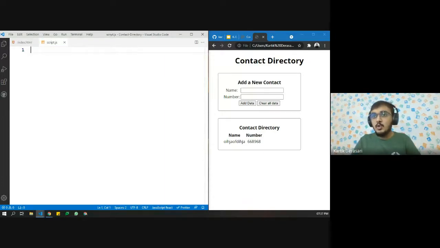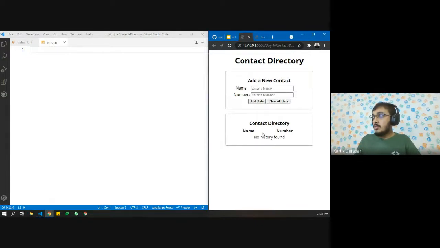Okay, so now the first thing that we learned yesterday was JavaScript variables. So let us define a variable in which we want to store all kind of data.